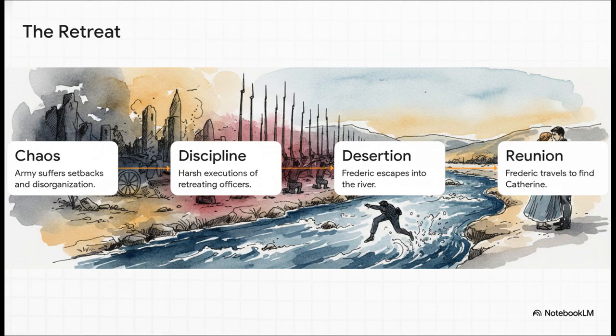In a split-second decision, he dives into a fast-flowing river to escape execution. He officially deserts the army. This is the ultimate moment of fate versus personal choice. The war, or fate, tried to kill him indiscriminately. He chooses personal survival instead, washing himself clean of his military obligations in that river, and sets out to find